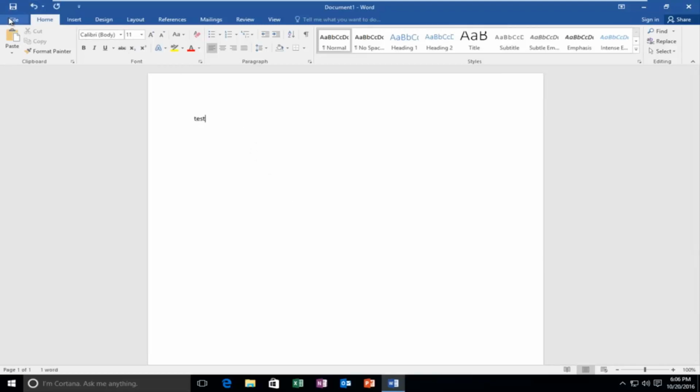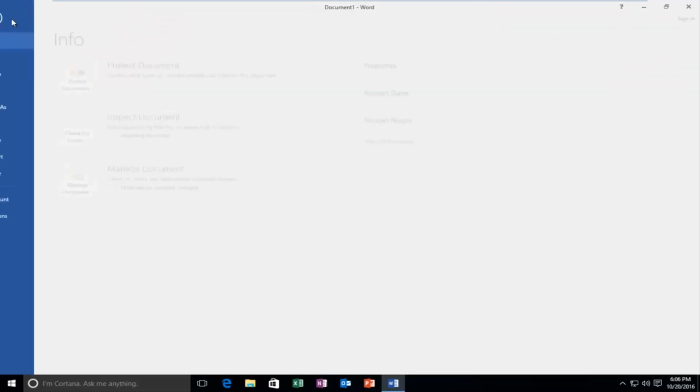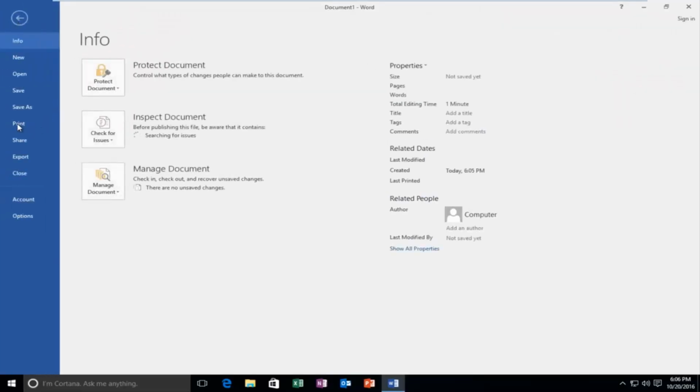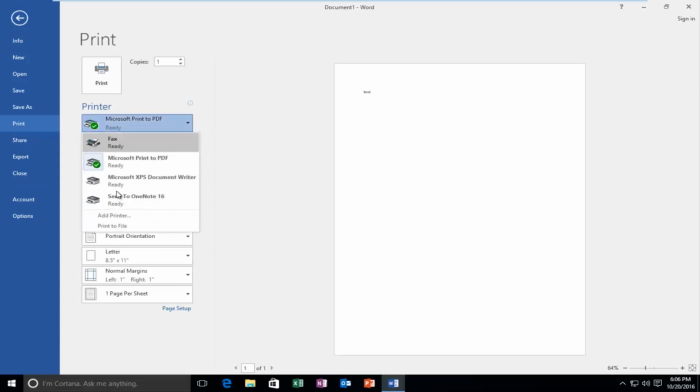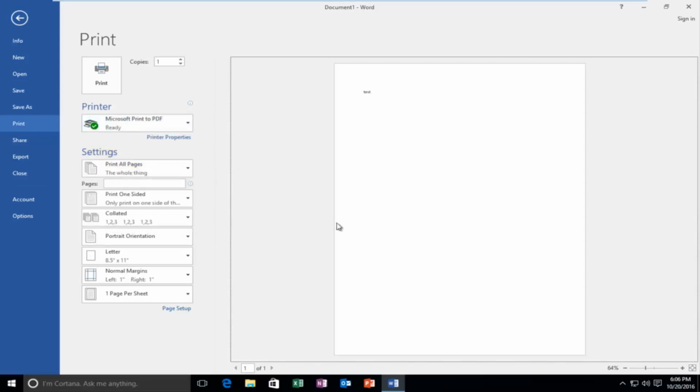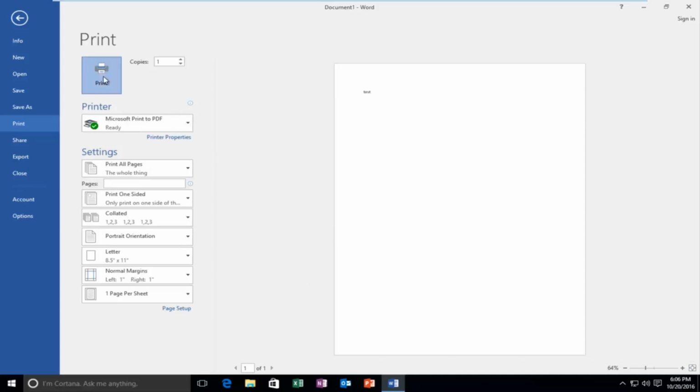And then let's say we go up to the File tab at the top, and then we left click on Print. We can actually select Microsoft Print to PDF, which is the feature. If you had other printers in here, you could select them as well. So if we select Microsoft Print to PDF, this will convert this Word document to a PDF file. So then if you left click on Print,